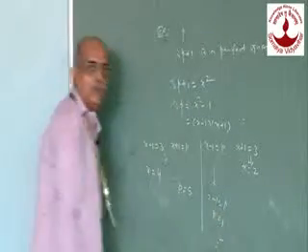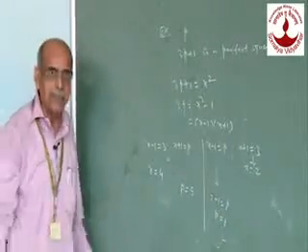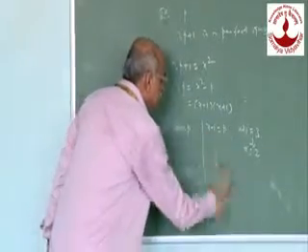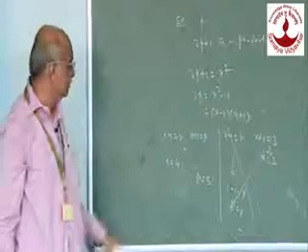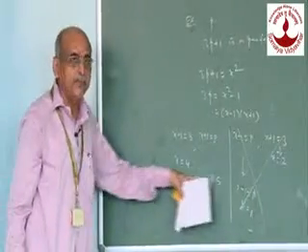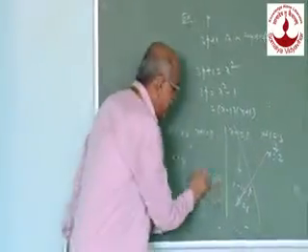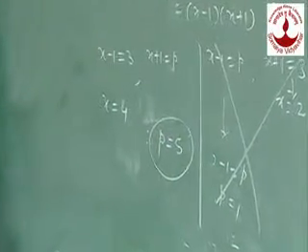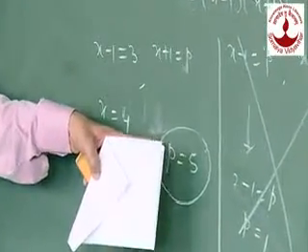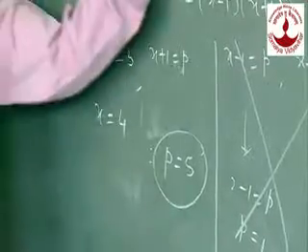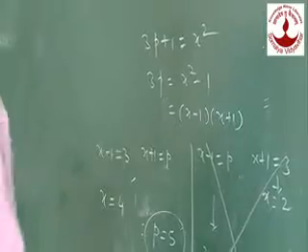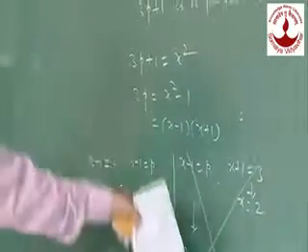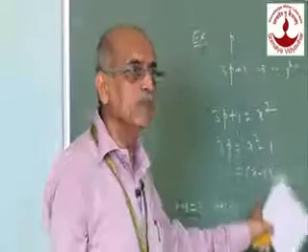You will get p equal to 1, but 1 is not a prime number, and therefore this type of selection is not possible. And therefore, when x is 4, p equal to 5. It means that this is the next prime speciality. P equal to 5 is the only prime for which 3p plus 1 is a perfect square. No other prime satisfies these conditions.